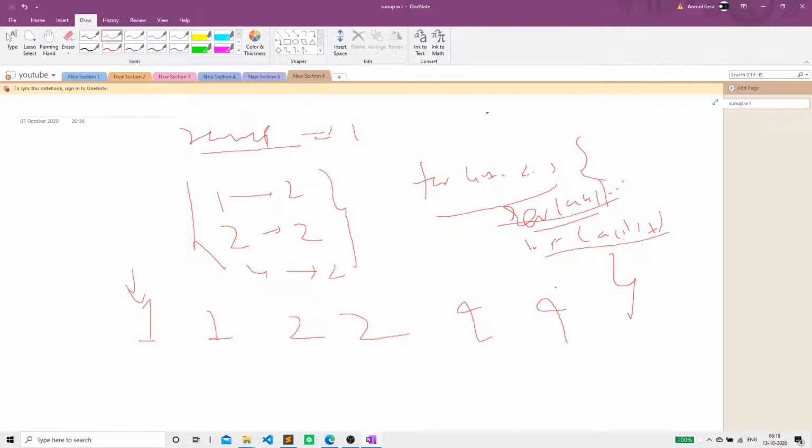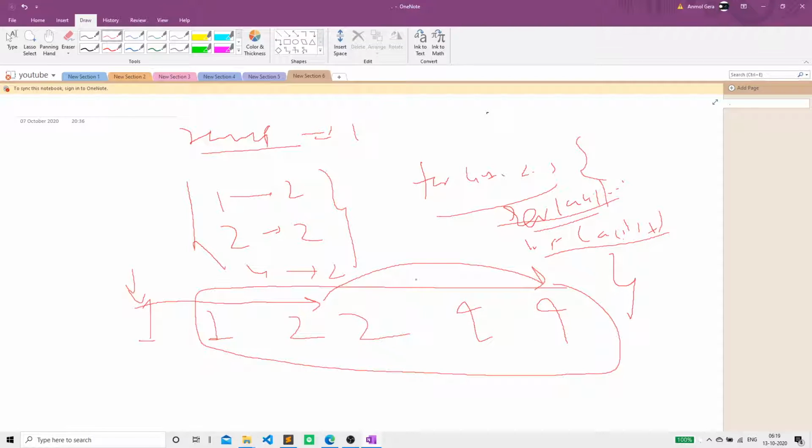So reverse MP is basically storing the count from i to n, and MP is storing from 0 to i minus 1. I'm making sure that the ith element's count is subtracted from reverse MP.